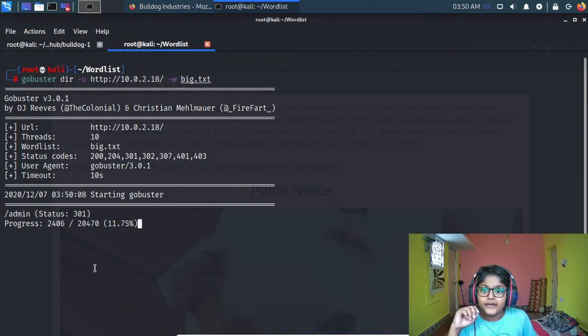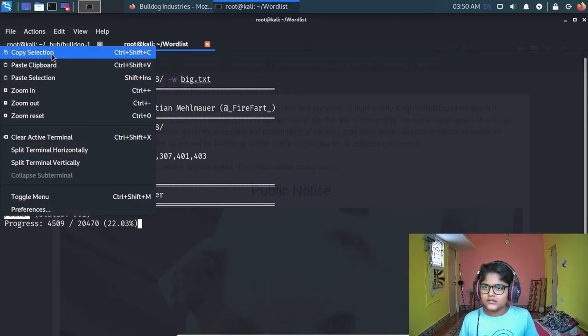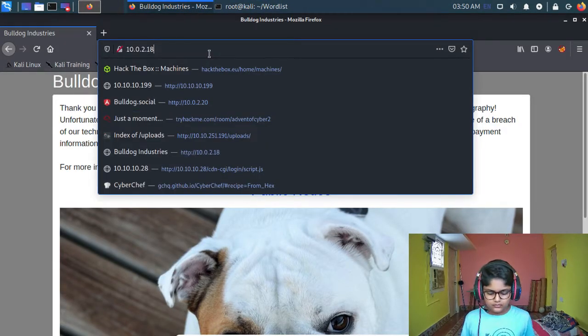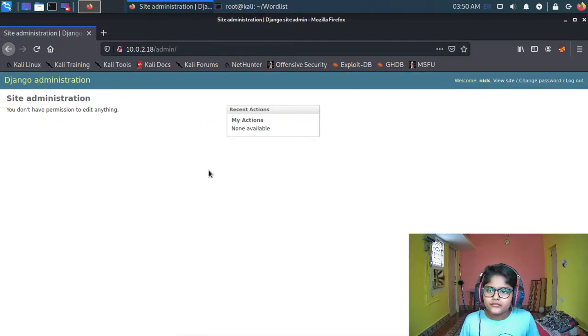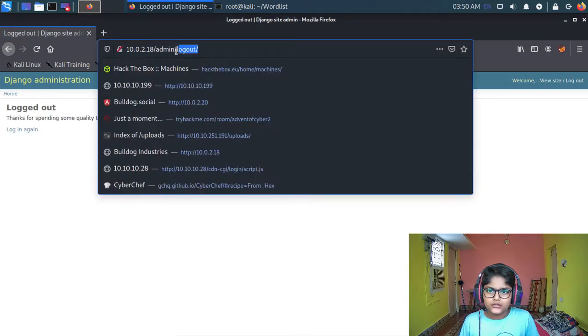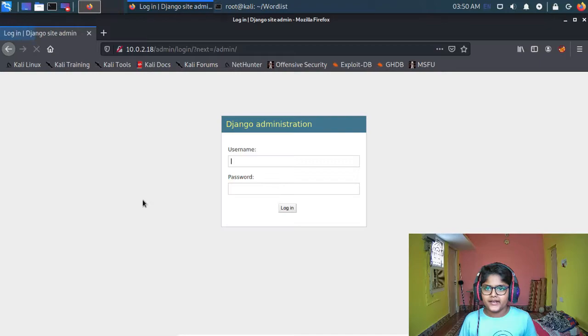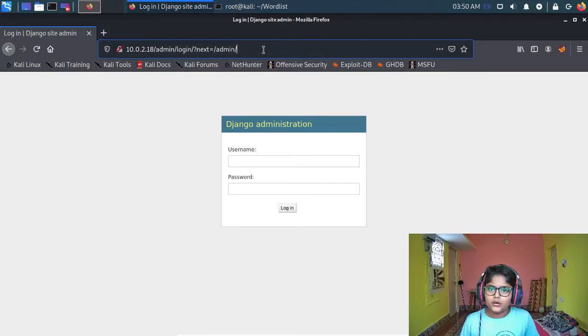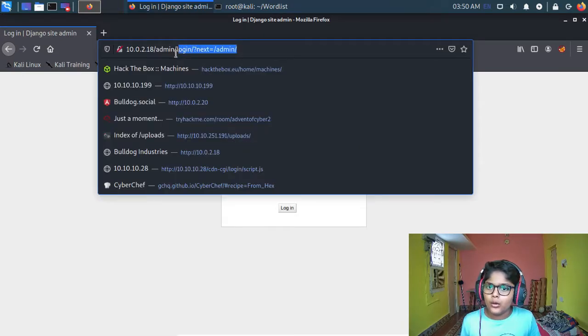So that's an admin entry, and it's interesting, because admin is short for the administration page. Let us copy it and go in there. Okay, oh sorry, quickly log out. Actually I did this mission yesterday night. When we go to the admin page, we get a username and password prompt. We don't know the username and password. This is totally unusable, a waste for now.